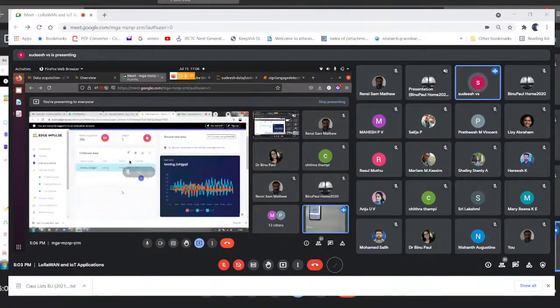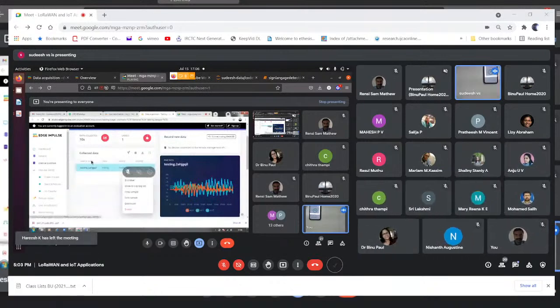To deploy your model into your mobile, please go to the mobile browser. There will be an option at the bottom, switch it to classification mode.